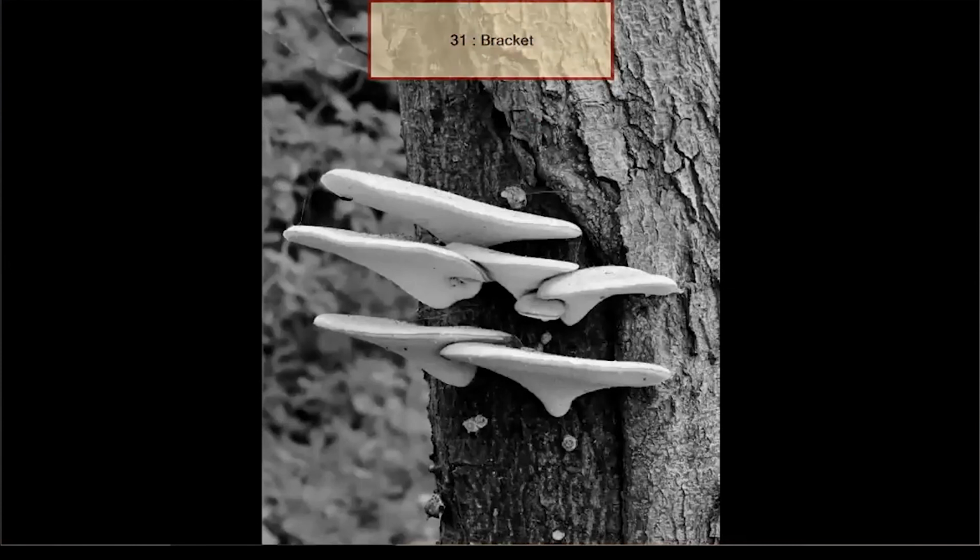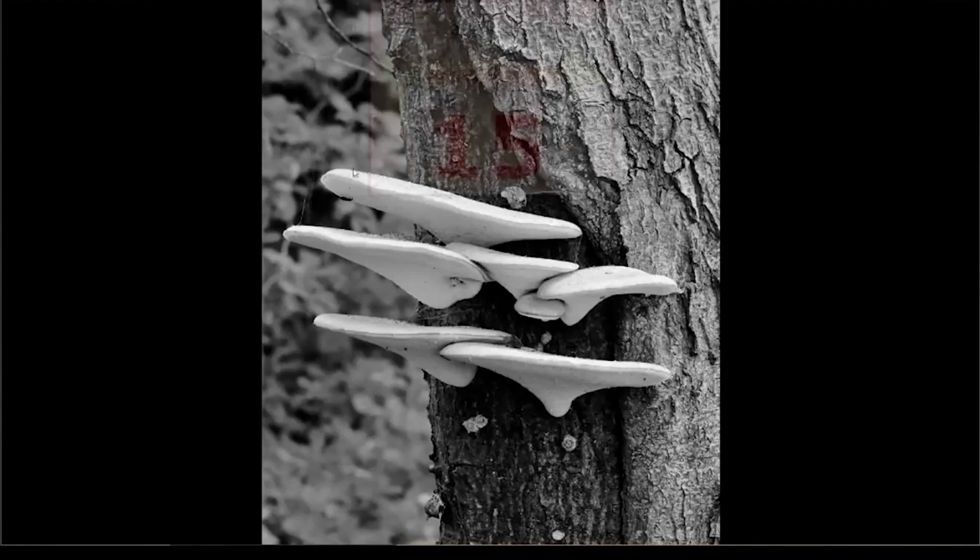Bracket has brought back the contrast, which I think has been perhaps lacking on 1 or 2 of the earlier images. Plenty of detail on the bark of the tree on the trunk. Gives a good indication as to its location, as to even which tree, but which tree it grows on. So that works, I think, quite reasonably well. 15 marks. Alison Townley,